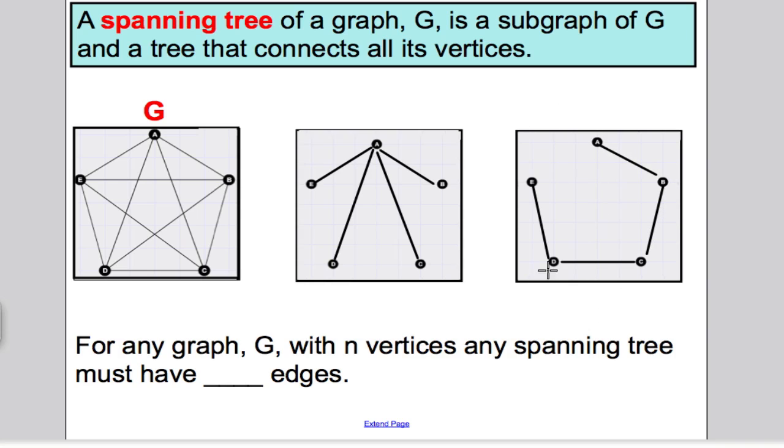And again, everything is connected there. Okay, everything is connected, but there are no cycles. So this is an example of a spanning tree, something that connects all the vertices, and is a subgraph